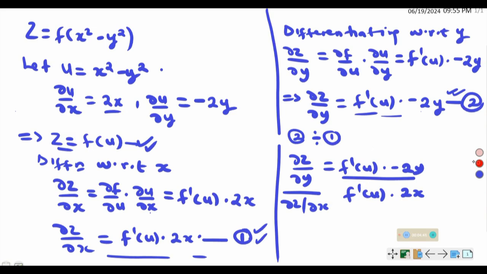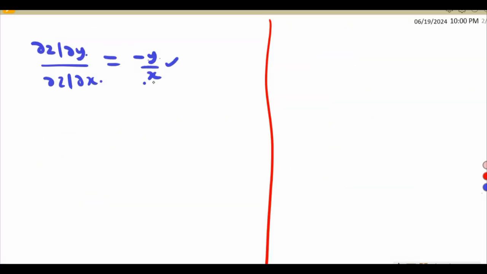We can easily notice that this function here and this will cancel out, and we shall try to cross multiply here. This will multiply with this, and this one will multiply by this. But similarly, we can also easily see that these two and these two will cancel out. And for that case, we have del z del y divided by del z del x, which is equal to negative y upon x,